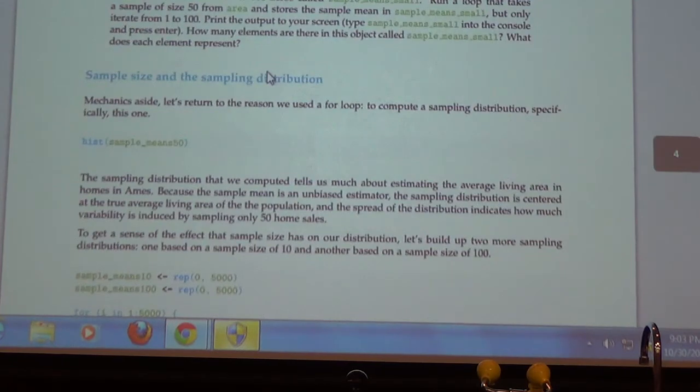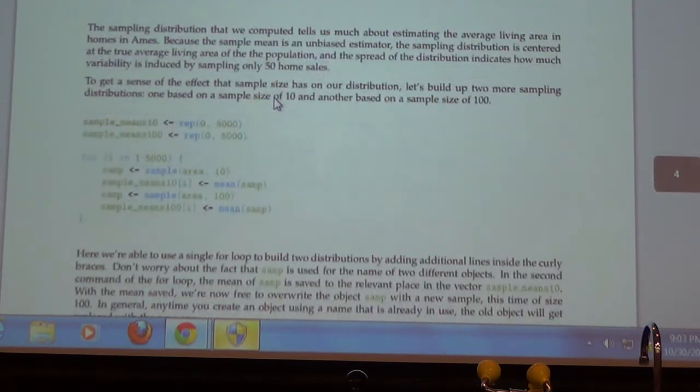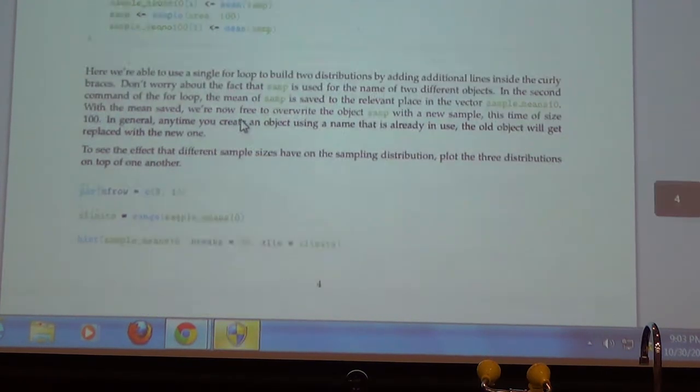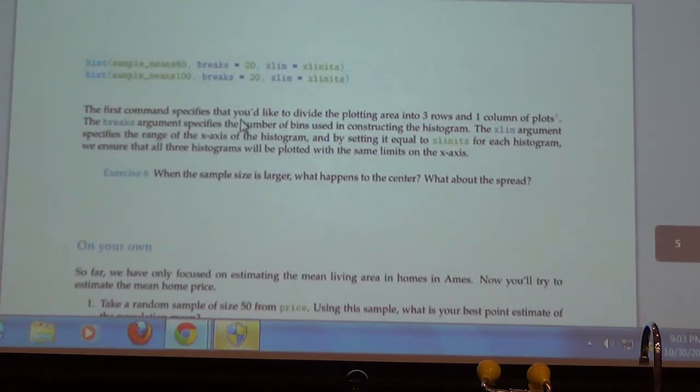Okay, and then it says do sample means of 10 or 100. So here it's just asking you to take samples of size 10, take samples of size 100, and build up histograms